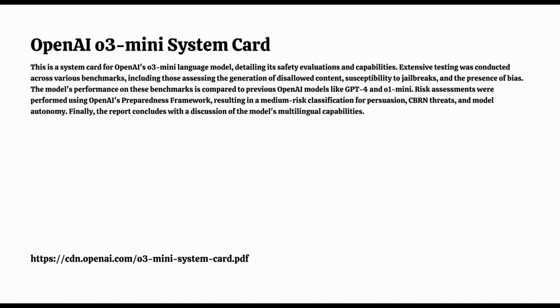Are there any other safety measures they're using? They're also training O3 Mini to refuse certain requests, particularly those that violate their safety guidelines. And they're also committed to ongoing monitoring and targeted investigations. So they're trying to instill a sense of ethics in the AI by teaching it to avoid harmful behavior. Exactly. That's reassuring that OpenAI is at least aware of these issues and trying to get ahead of them.